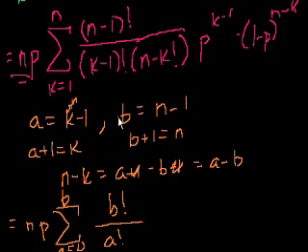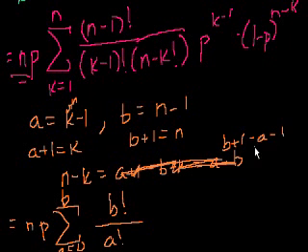And then over here, n minus k should be a, oh, you know what, I reversed this. N minus k should be b minus a. N minus k, right, n is b plus 1, so it's b plus 1 minus a plus 1, minus a minus 1. Right, so the 1's cancel out and you get b minus a. So the n minus k will become b minus a